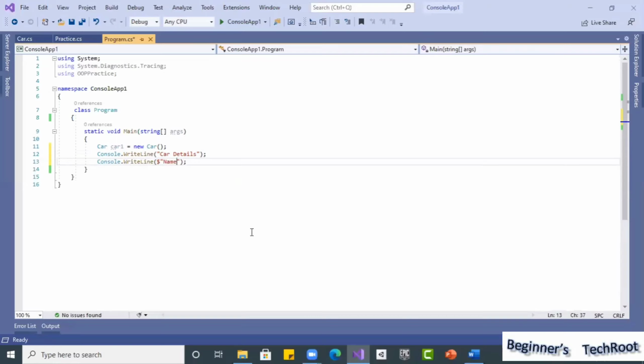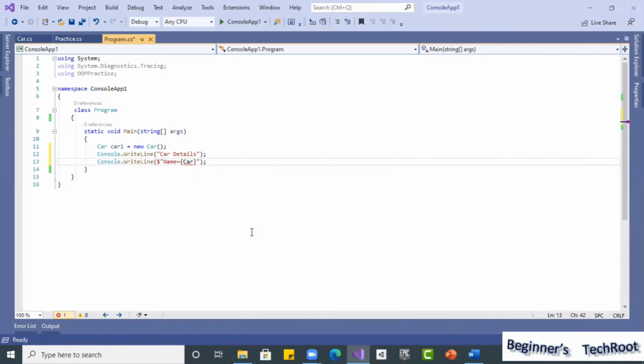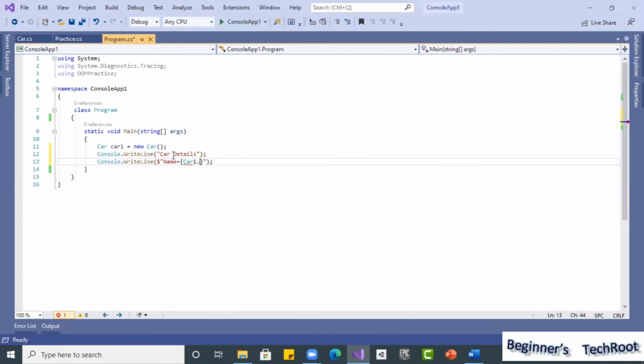Name. I will use name, which will be available in the object, right? So car1.name. This will print the car name on the screen.